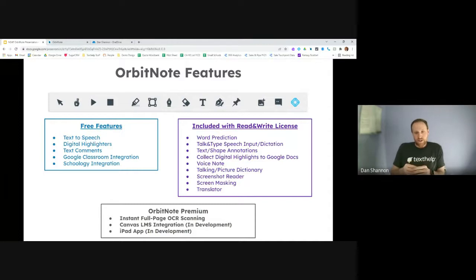So OrbitNote will be able to integrate right into Canvas. You'll be able to open things directly from Canvas in OrbitNote. We also have an iPad app that's in development as well, so that you'll be able to take a picture on your iPad of a document, OCR scan it, and have